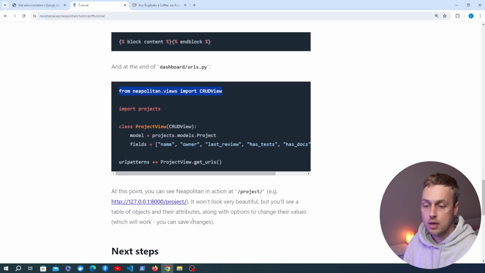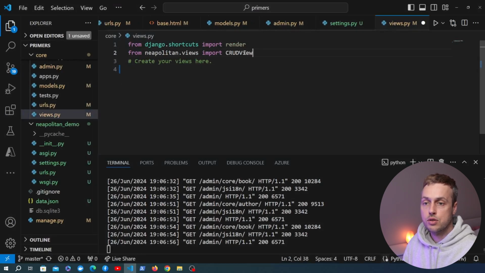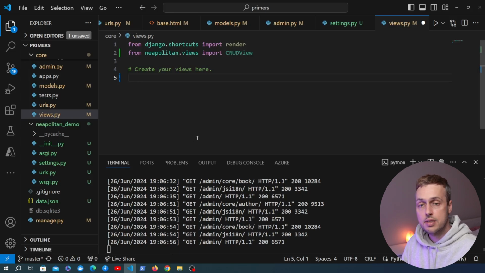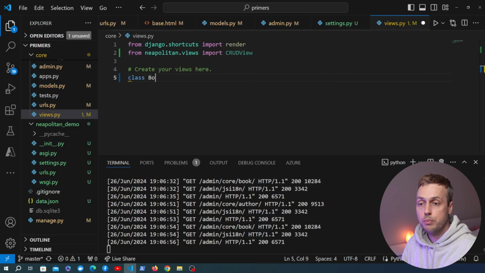So I'm going to copy this, and we can go back to the Django project, and we're going to go to views.py, and at the top we can import that CRUDView class from Neapolitan.views. Once we have that, we can create our own class and subclass this CRUDView. So what I'm going to do is create a class here called BookView, and we create a subclass of the